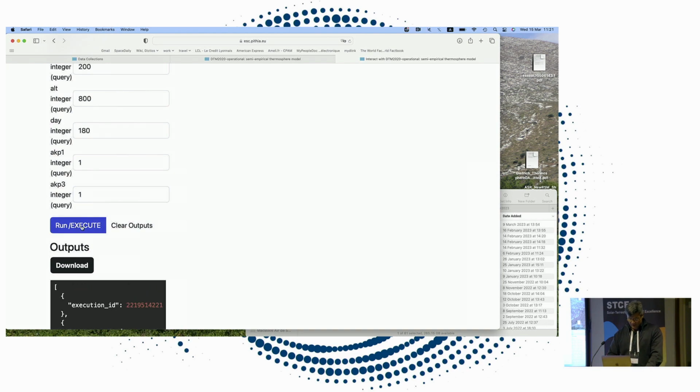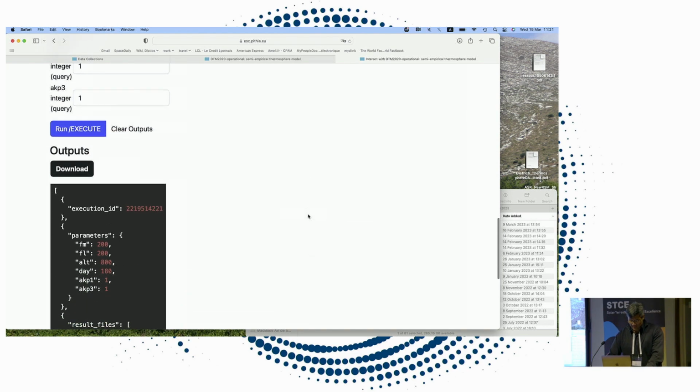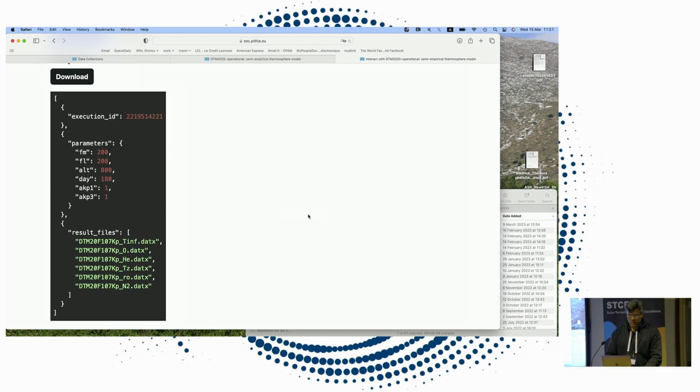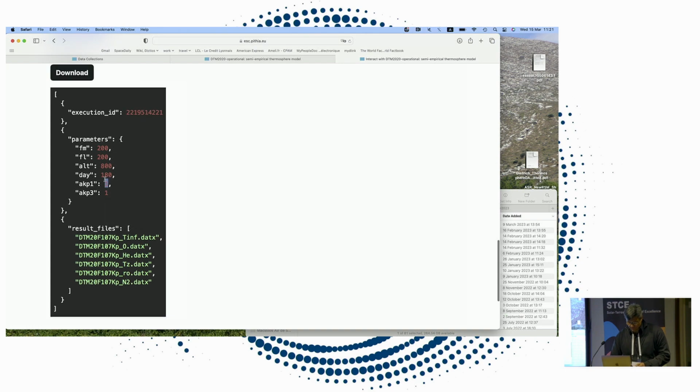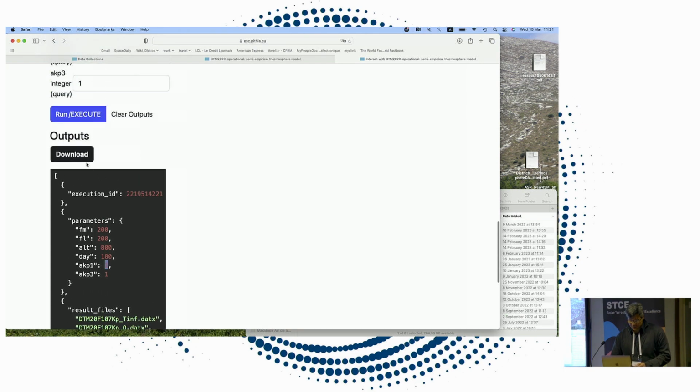Execute again. So now we have the information here. Let's say a synthesis of the run. It gives you the execution ID, which you need for the following steps if you want to plot and download this information. And it gives you the parameters that you used for this run. You can download this if you want to remember later on what kind of computation you exactly did. So you can download this. It ends up in your